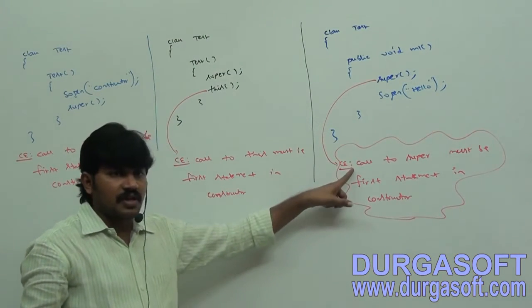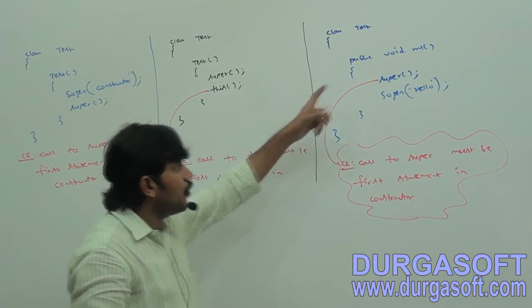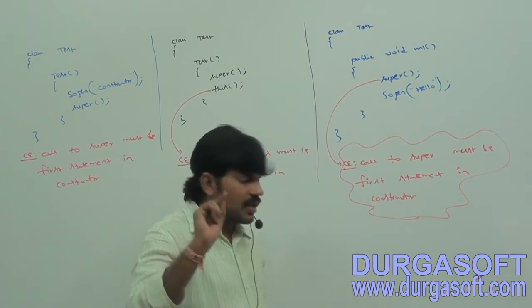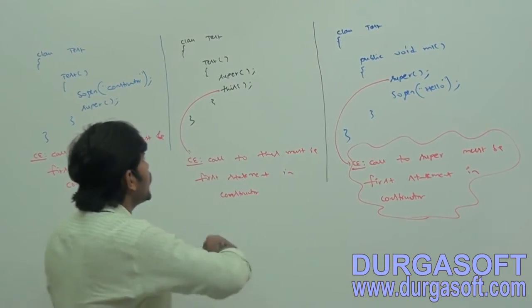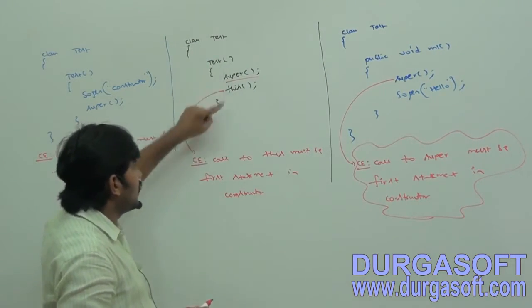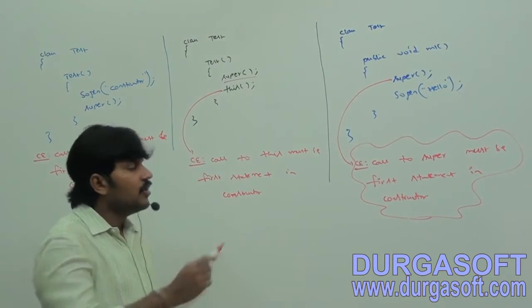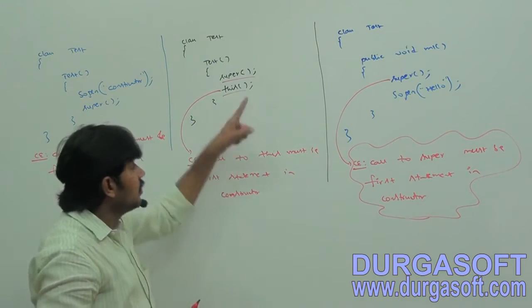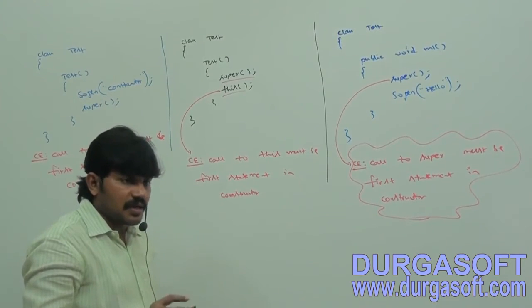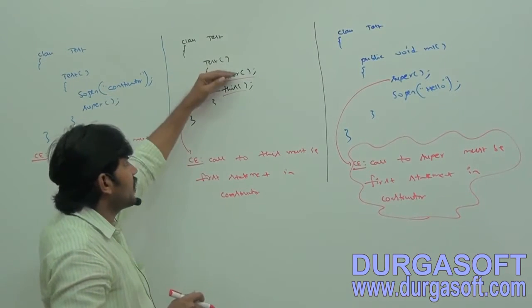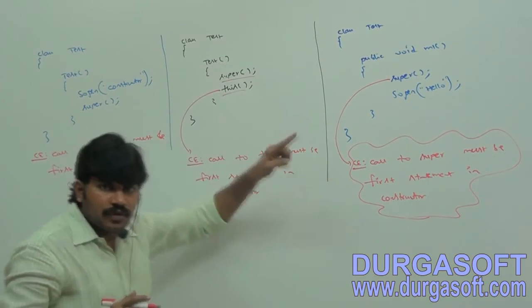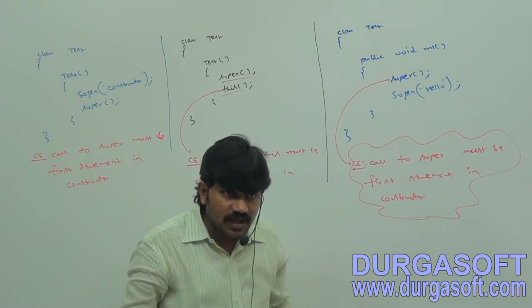Any explanation required? We can use super or this only inside a constructor but not inside a method. By mistake if you use them, we get a compile time error. But I have one doubt. Sir, for which purpose can we use super? To call the superclass constructor directly. And what is the purpose of this? To call another constructor of the current class. Are you getting? We can call a constructor directly, either a superclass constructor or a current class constructor, only from a constructor. If I am calling from a method, is it valid or invalid? Invalid.